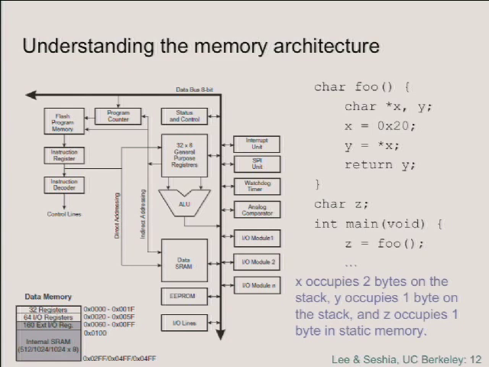Okay, so in this case, we've been focusing on the data memory pretty much exclusively and not the instruction memory. And the data memory, to remind you, is laid out like this. It's got a 16-bit word. In this particular implementation of the architecture, there's only 1K of data RAM, and that's mapped into the addresses starting at location 100 in hex. So it goes up from 100 to 2FF